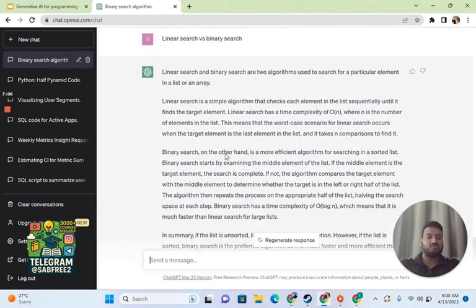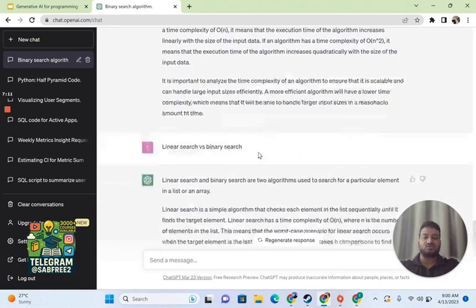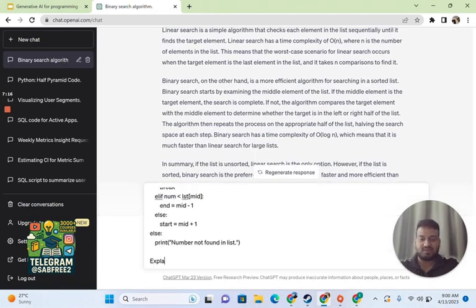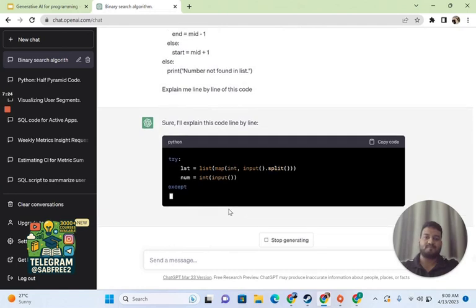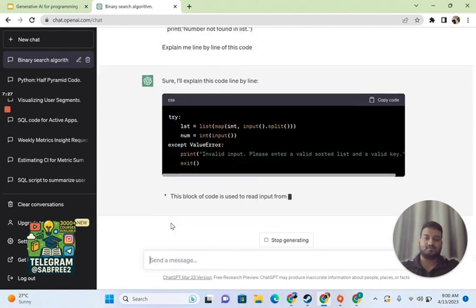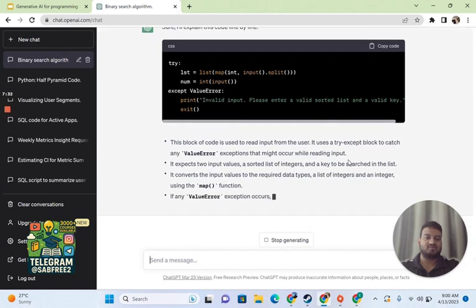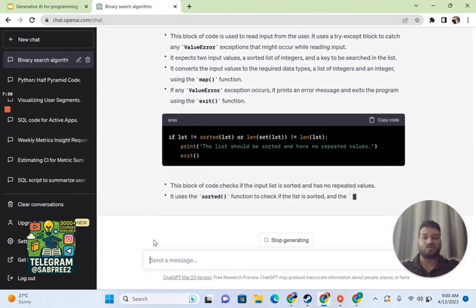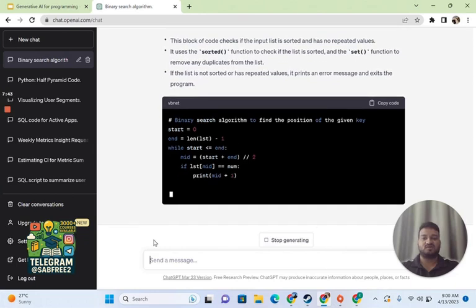Okay. So now you understand all the keywords. Now let's just copy and paste this code. If you still don't understand this code, you can paste it again and ask it to explain the code line by line. Now see, it has started breaking down the code. It explains what is happening in the first block of the code, and in the second block of code, it is again explaining.